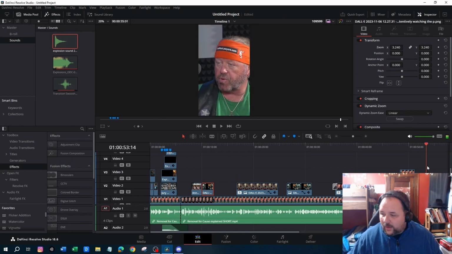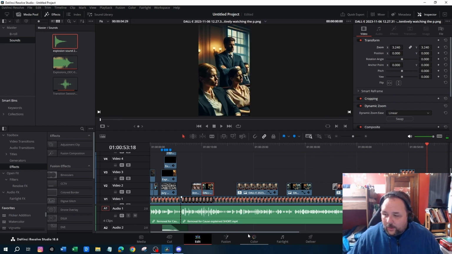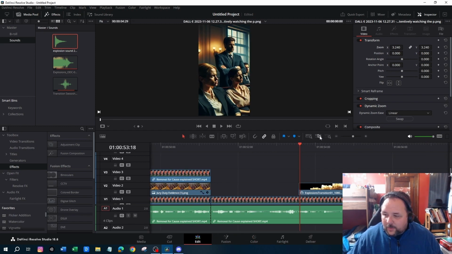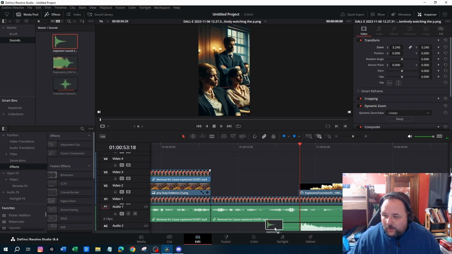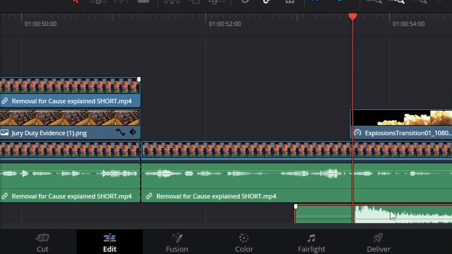We're going to go all the way to the end to where it first starts, and we're going to put the explosion sound down there. Now, since that's the case, let's pop over to the playhead there. Let's go to explosion sounds. Let's pop this bad boy right in here, and we're going to actually have it fade in just the way